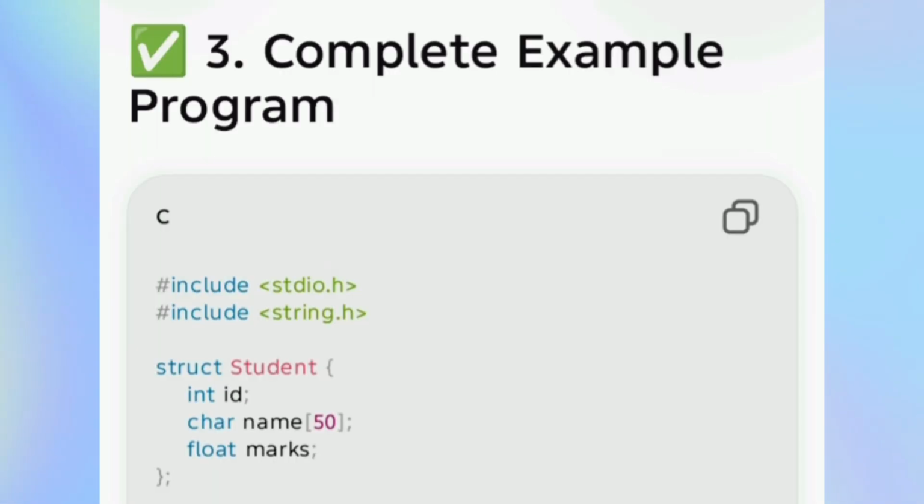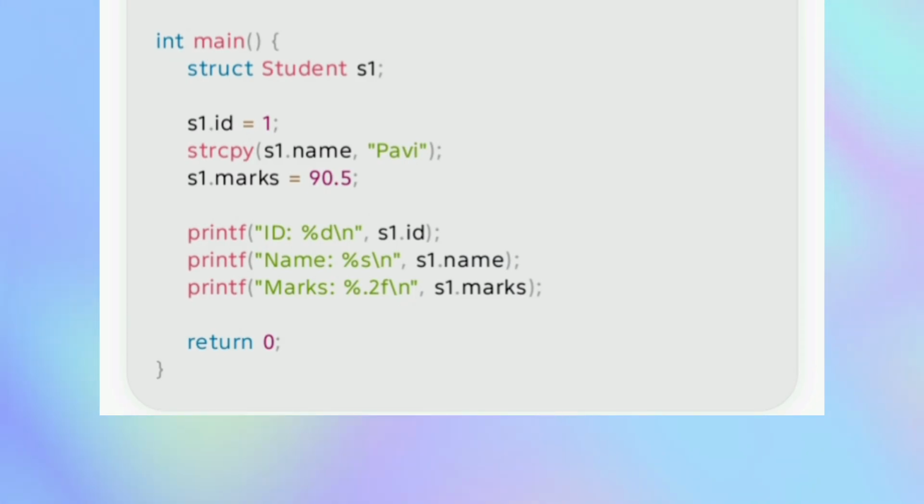Complete example program: hash include stdio.h, hash include string.h. I am going to create one structure. struct is a keyword, student, open curly brace, int id, char name of size 50, float marks, close the curly brace. This is a structure. Int main